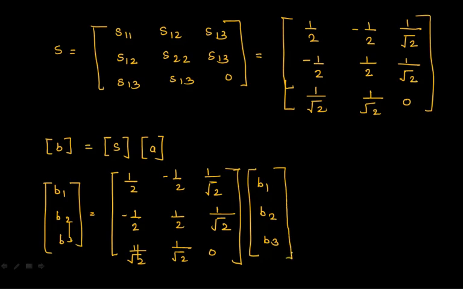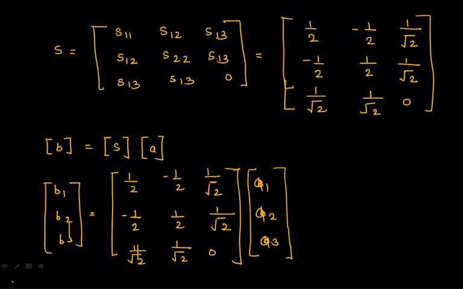So this is nothing but how you're going to solve things. If you consider case number 1, we are going to talk about 3 cases. If I consider one case, the input is given to port number 3 and no input at port number 1 and 2. So the inputs are A1, A2, and A3.